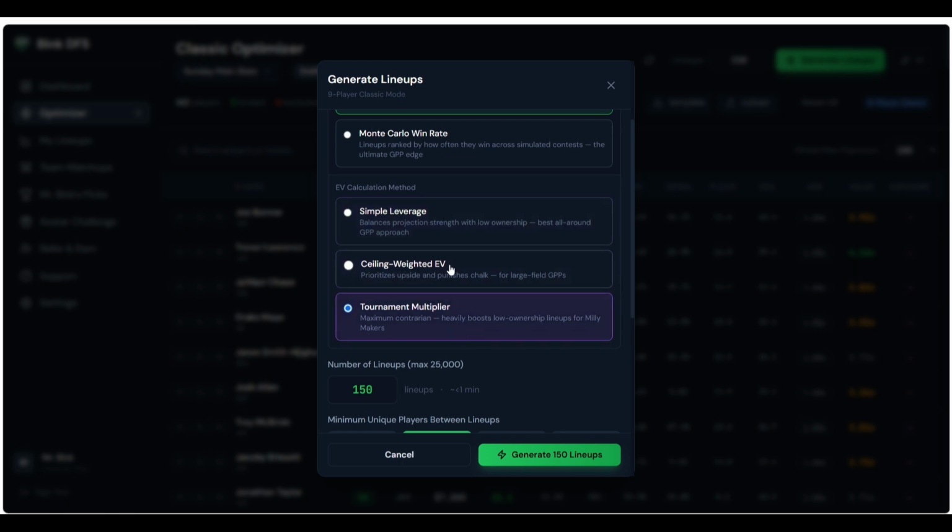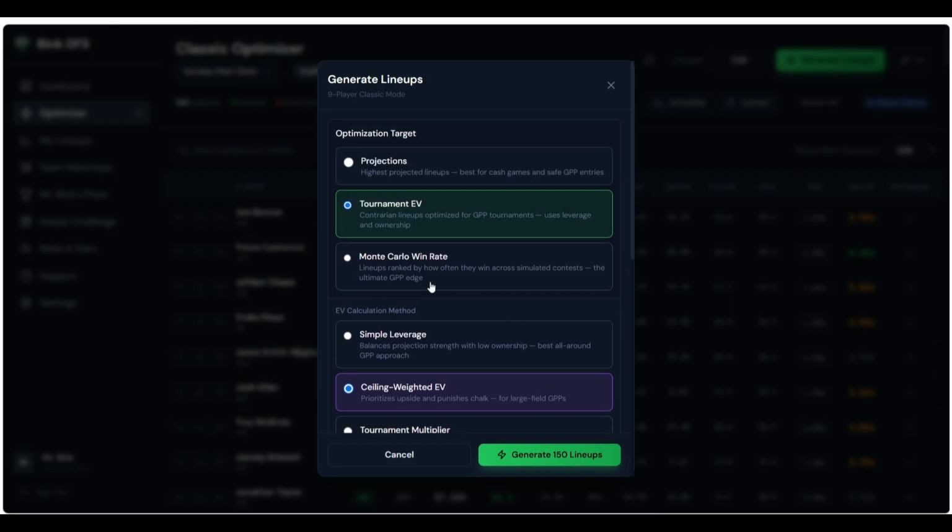My favorite is ceiling weighted EV. Prioritizes upside and punishes chalk. That's my go-to. Besides that, you also have the Monte Carlo win rate. I do love the Monte Carlo win rate for like a data analysis purpose. You can run the lineups, and obviously you can use those lineups if you want to. But just to give a brief background of what Monte Carlo win rate actually means,